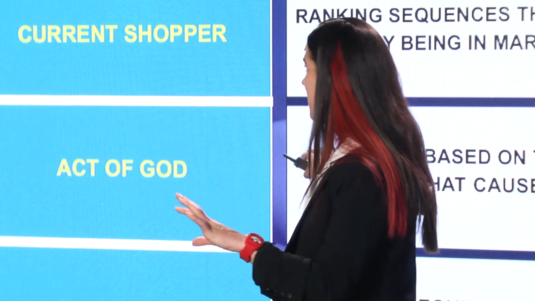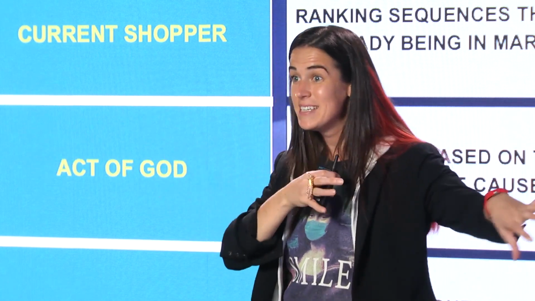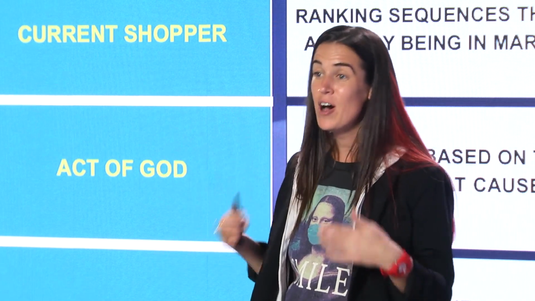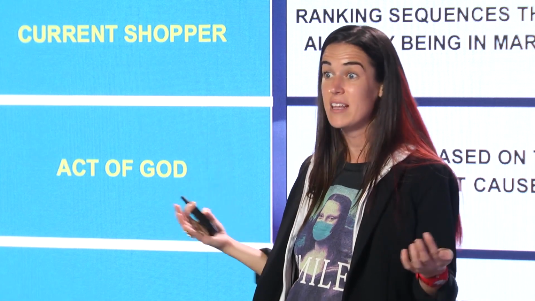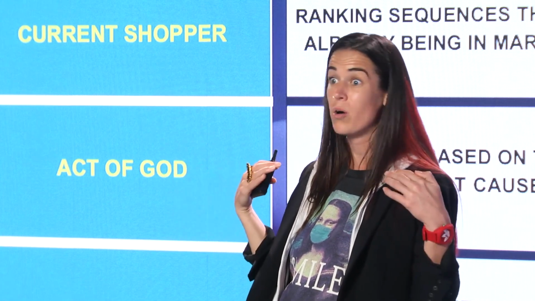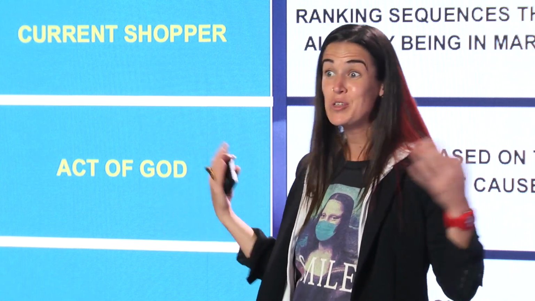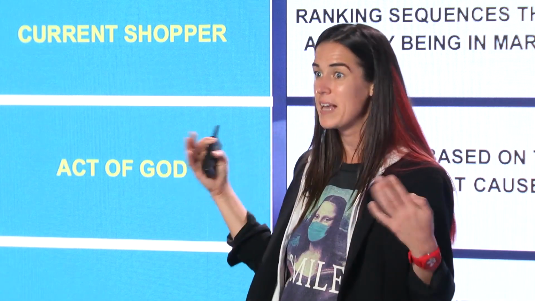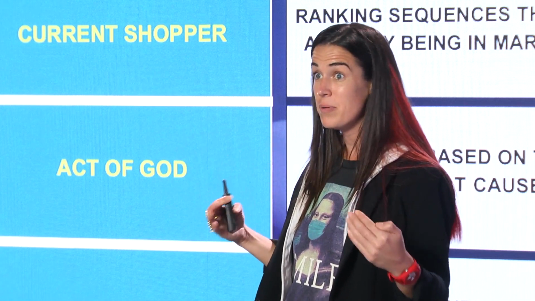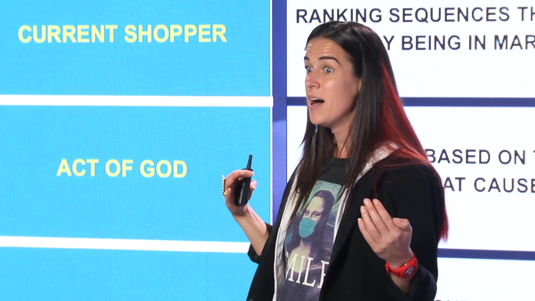So an Act of God is some kind of third-party instance like a pandemic hit. All of a sudden people need to buy some kind of web conferencing software because they're selling more remotely than ever before. School districts are having to use Zoom. And so an Act of God is some kind of predication on some kind of variable that really affected the